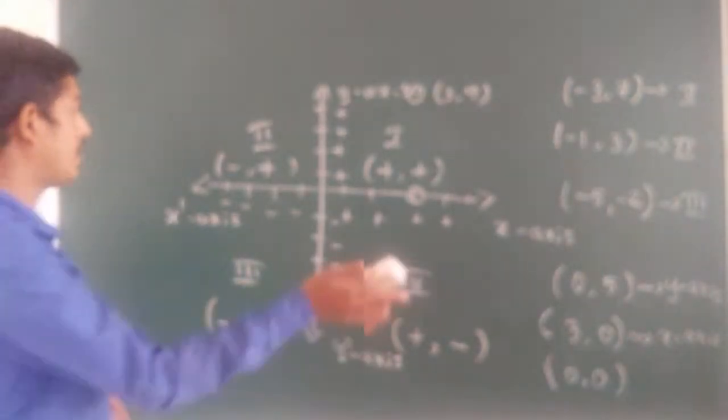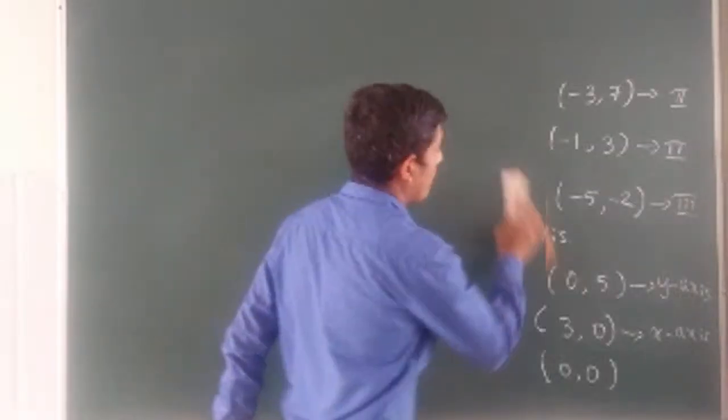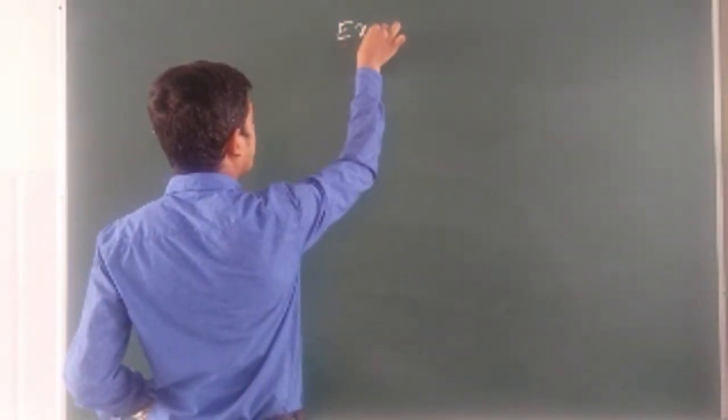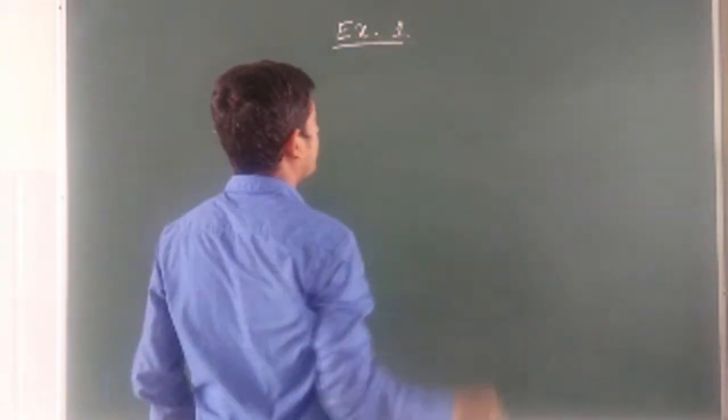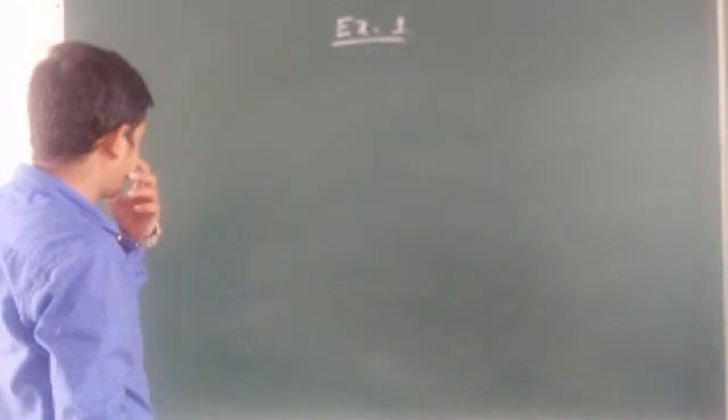Now in this exercise we have to find the distance between the points. They will give the coordinate points and we have to find the distance between them. To find the distance, we have a particular formula. So that is exercise 1. To find the distance, for example,